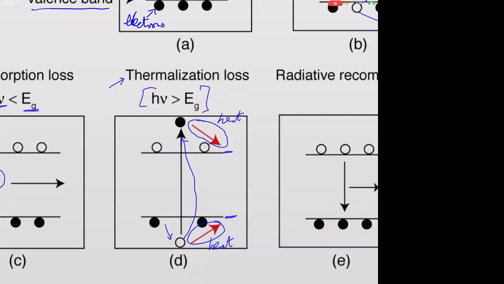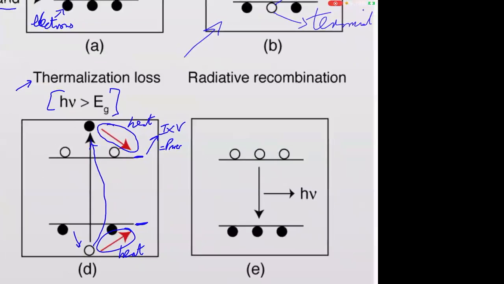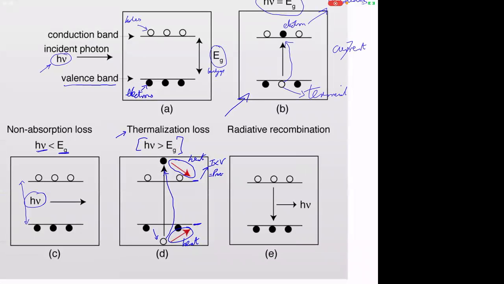And once it relaxes, of course, it can go to the terminals and drive current, and then produce power. I times V gives you power. So that's the same as this situation B here that we talked about. Now, there's one more thing that can happen. Instead of going to the terminals and producing current, you can also have something called radiative recombination, where the electron